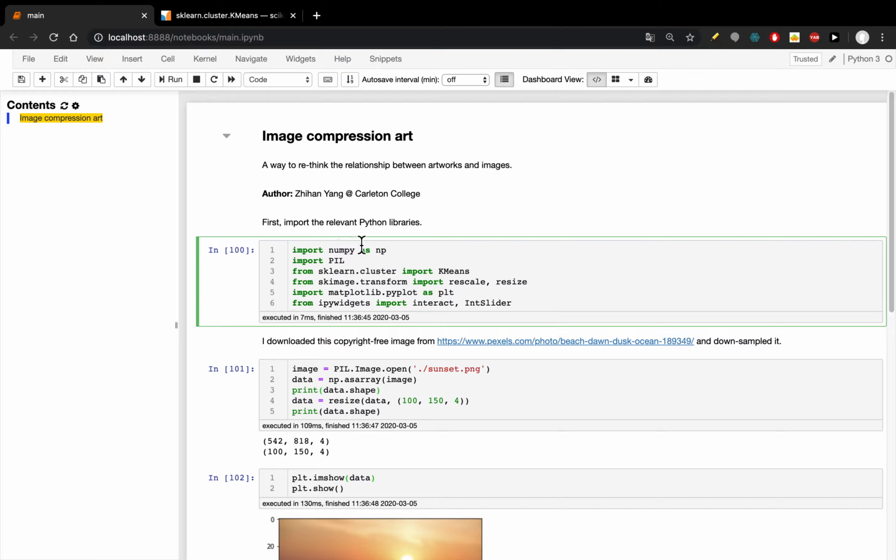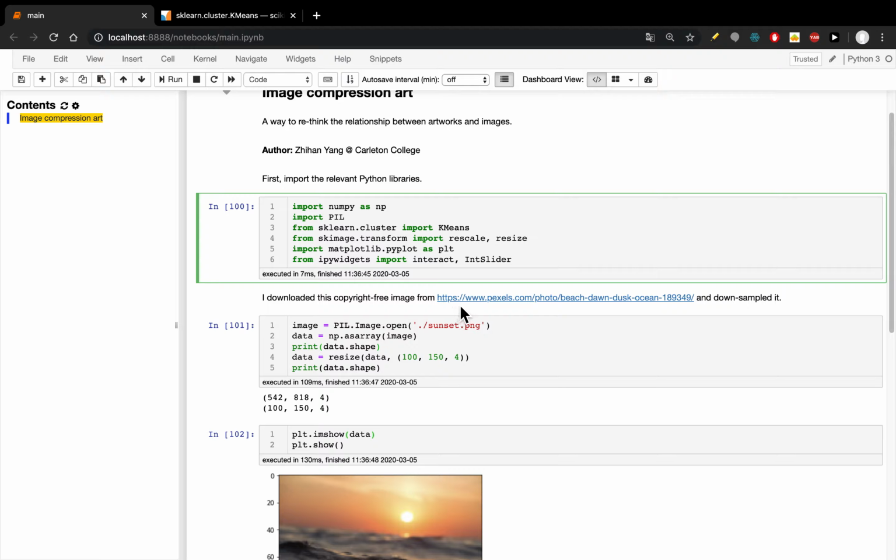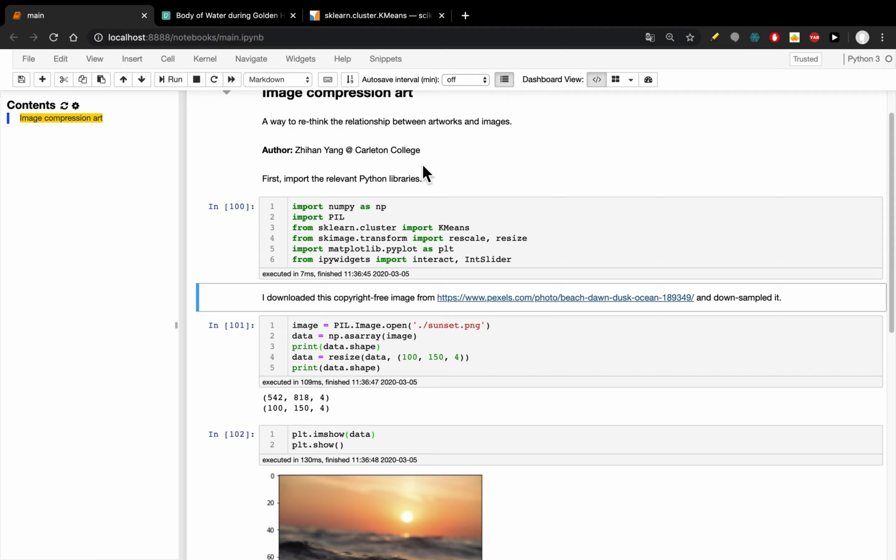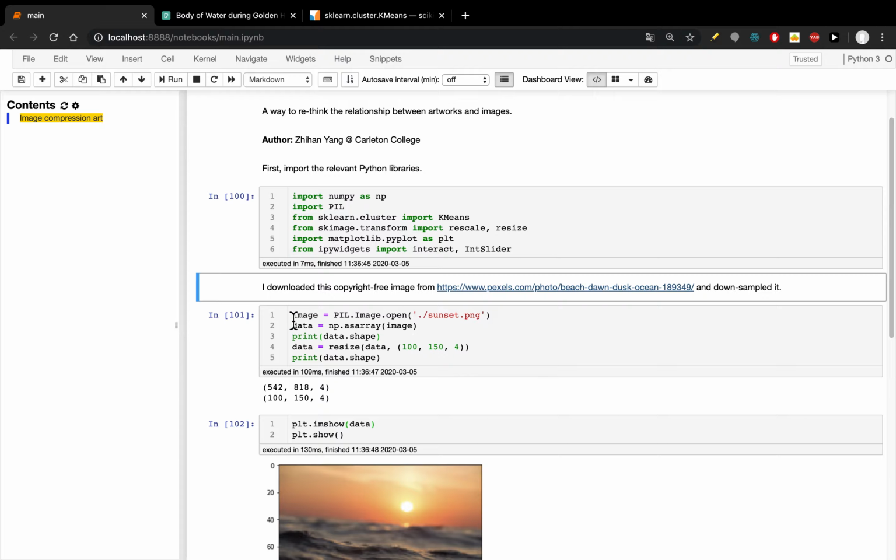Okay, so assuming that you have introductory knowledge of Python, we first import the relevant Python libraries. And I downloaded this copyright-free image from this website, and downsampled it. So first I opened the image, and then I converted the image into an array of